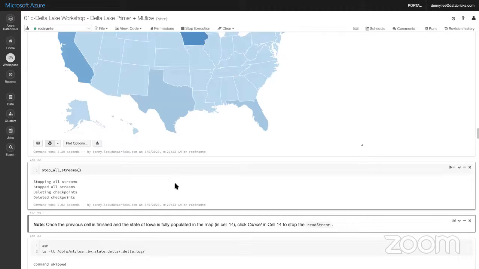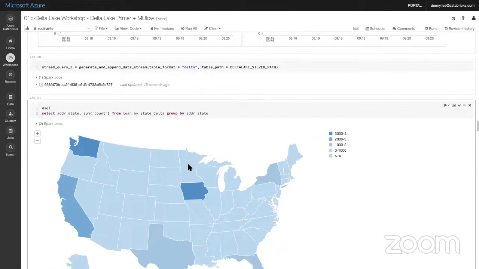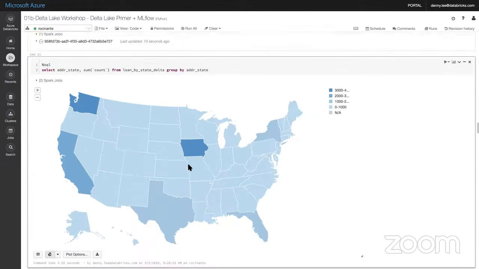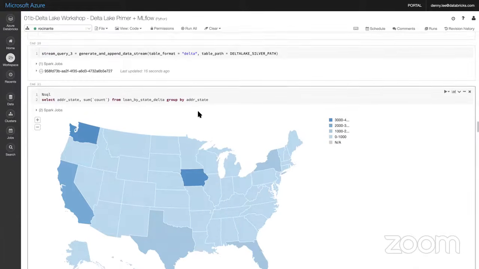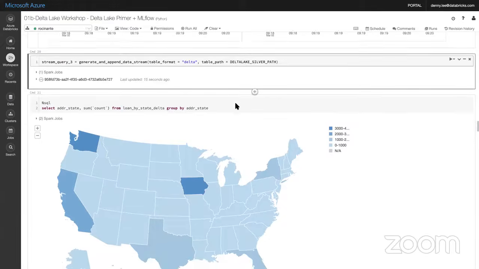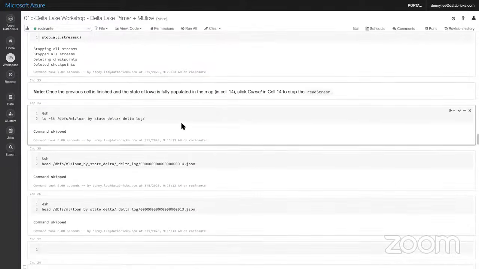But the context basically is that I can write my streams, read stream, do two write streams and a batch, all the same data, all in the same location, this Delta Lake Silver path, all concurrently. All right. And we can do this under the covers because if you look at the Delta log right here,